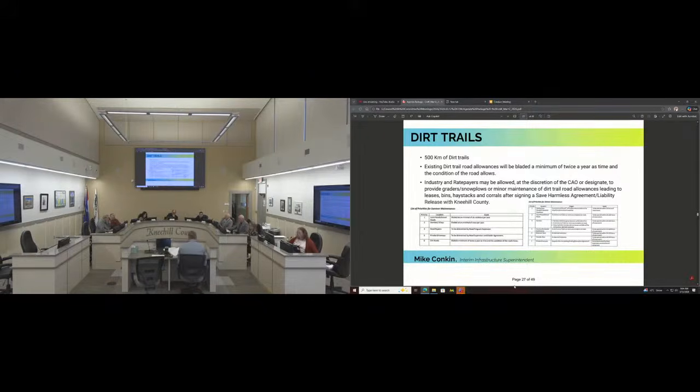While we're speaking of dirt roads, we do have some criteria for regular maintenance and upgrading those dirt road allowances built into that policy. A lot of that is trails experiencing high weight and volume of traffic, ones with chronic maintenance concerns, trails that provide connectivity between developed roads, and trails that are landlocked or dead end where alternative routes aren't available. We can look at doing some extra work on those roads as administration and determine that.